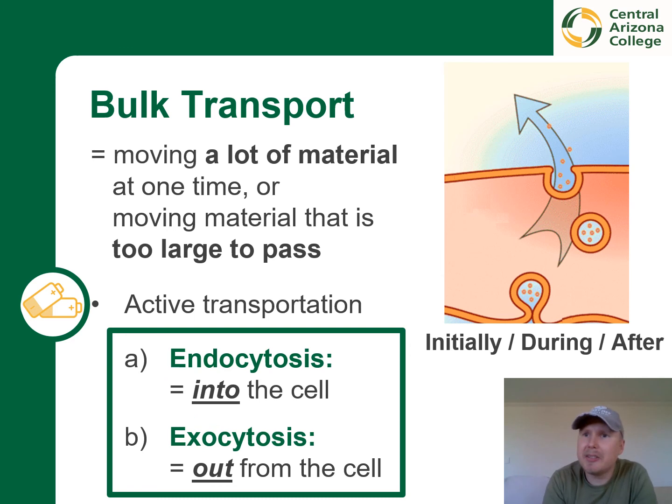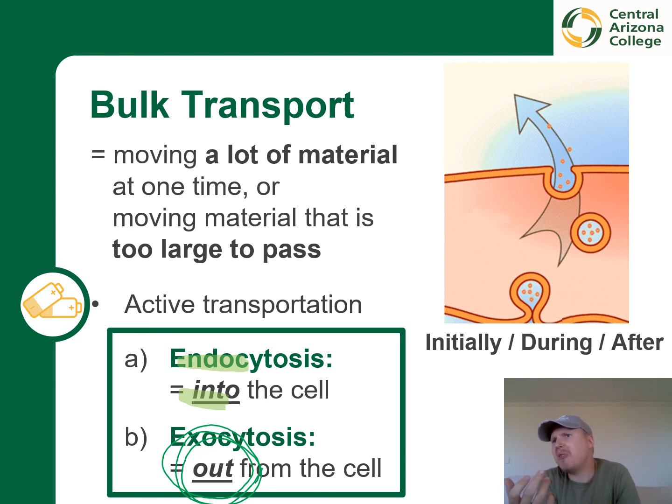Whereas during exocytosis, we move this material out from the cell. So one way to think of these two types of bulk transport is to imagine that in endocytosis, the cell eats something in. I do not know, endo can stand for entry, for example, if that helps you to remember. And exocytosis, instead, it's almost like the cell would vomit something out from it, I guess. You can rhyme in your mind the exo with exit.